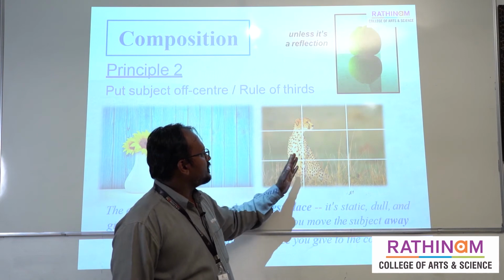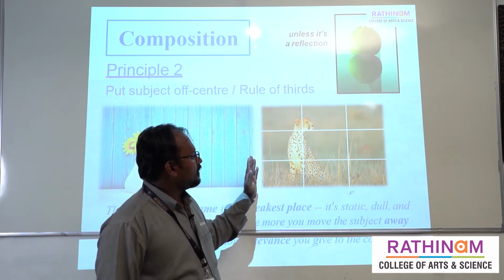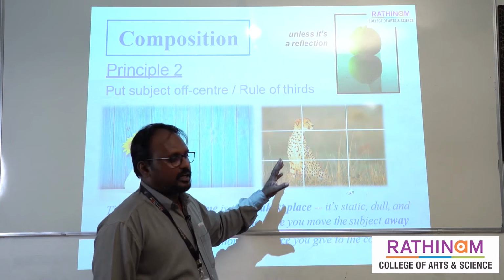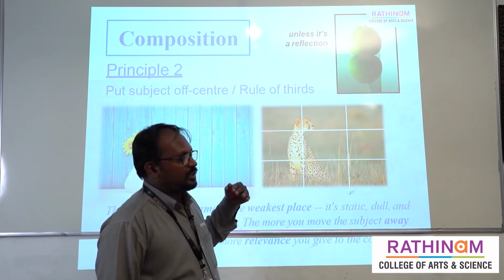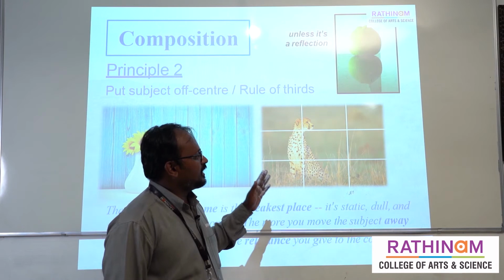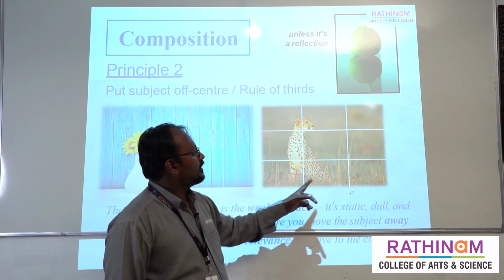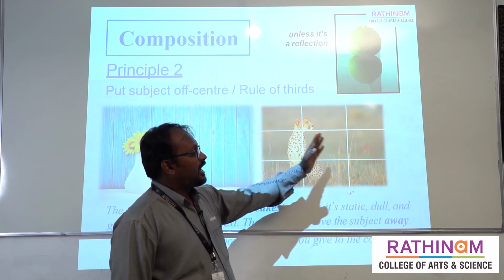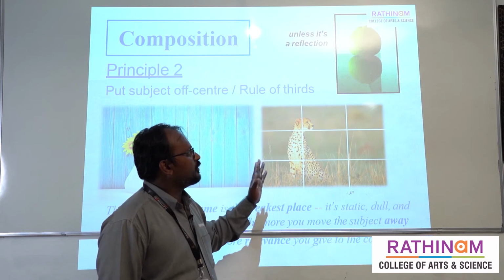If we give the space on the left hand side, the photograph that you are seeing now, the image quality, the visibility, it won't be there. So for that only we use this principle, the rule of thirds. The one third of the photograph where we want to keep the space and where we should not keep the space, that we want to maintain.